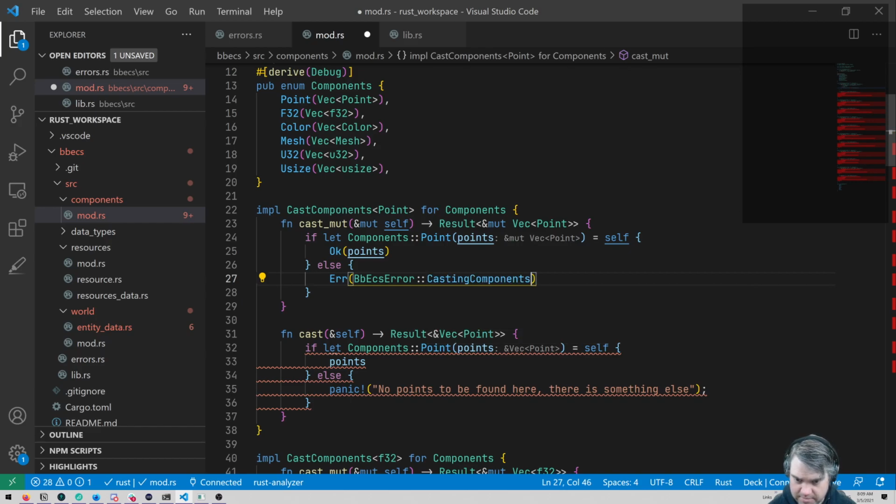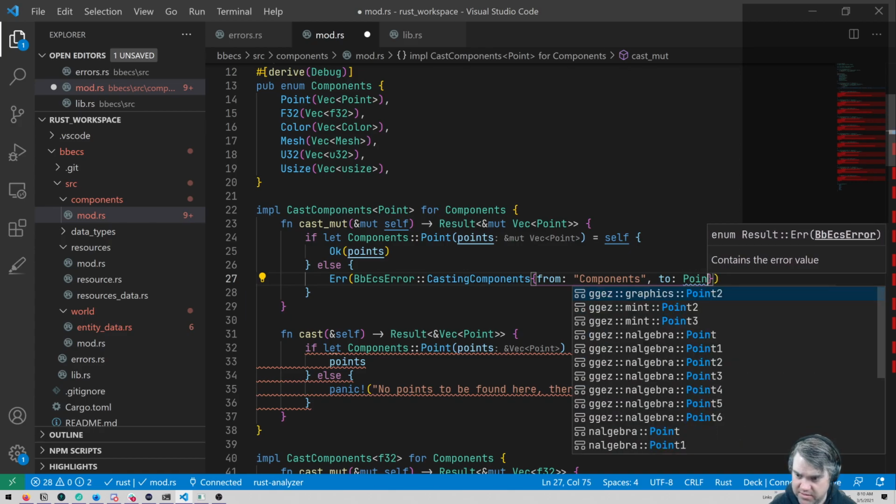So casting components, and then we have this from. Okay, so from is gonna be the string, which is gonna be from, I guess like component to a point.